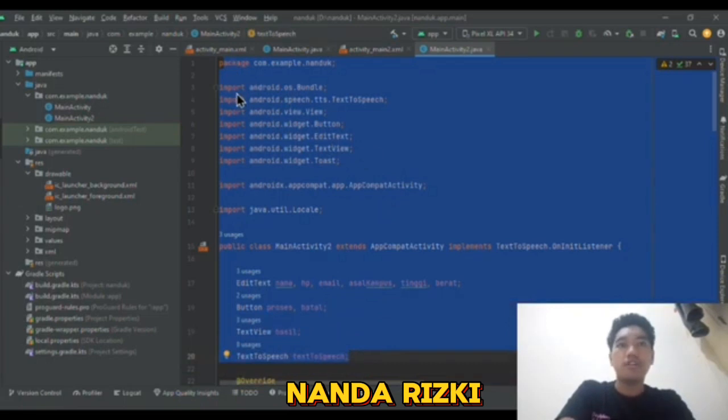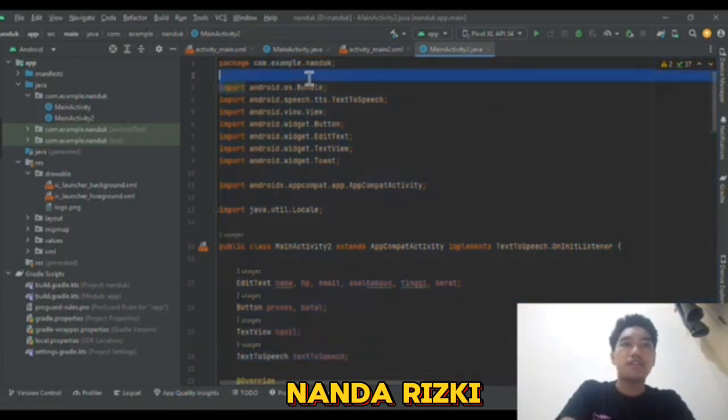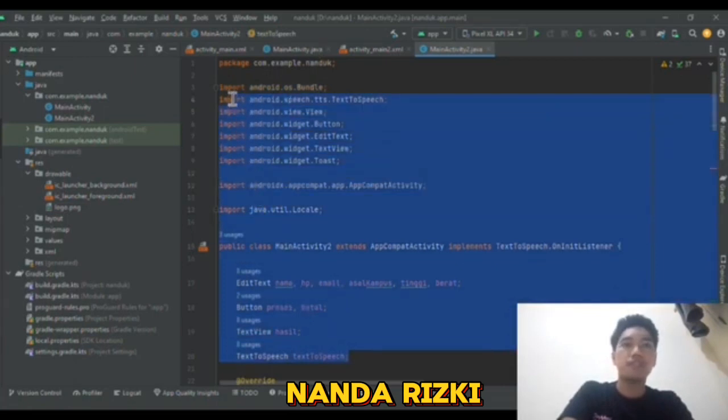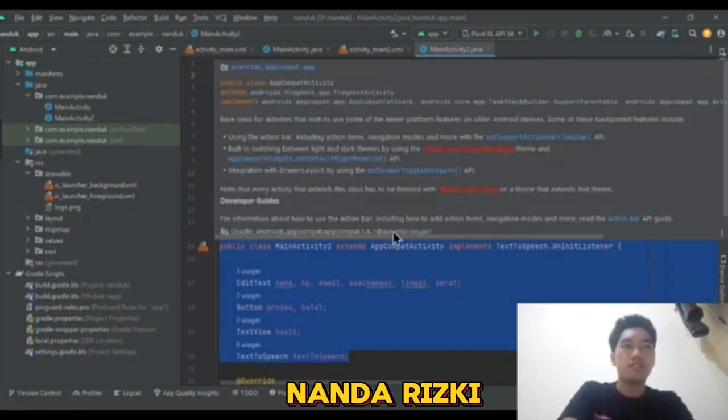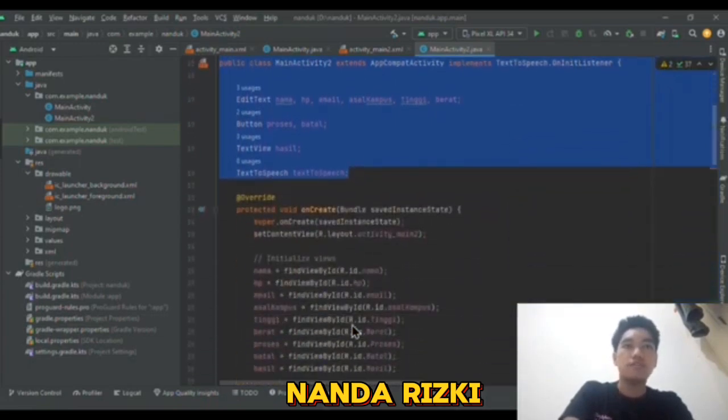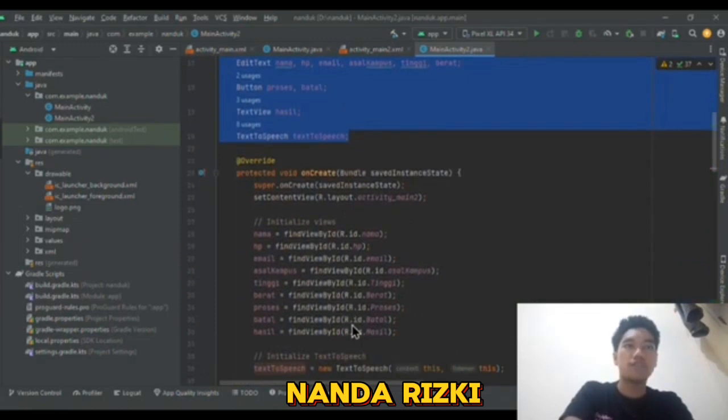This coding imports the necessary packages, defines the main activity class which is an instance of AppCompatActivity, and implements the TextToSpeech OnInitListener interface, as well as declaring several UI elements such as edit text, button, text view, and text-to-speech object.